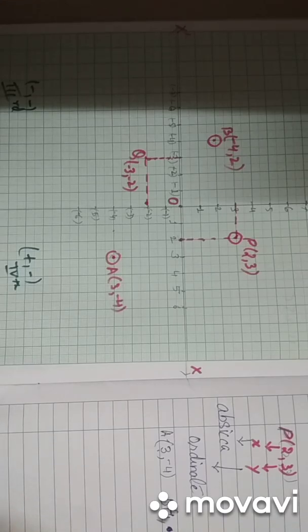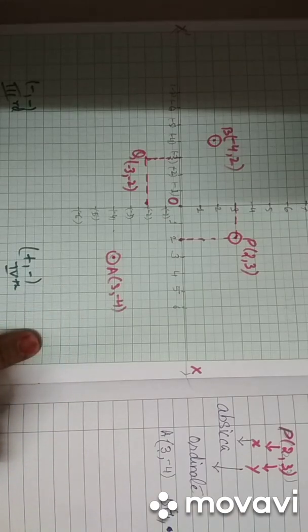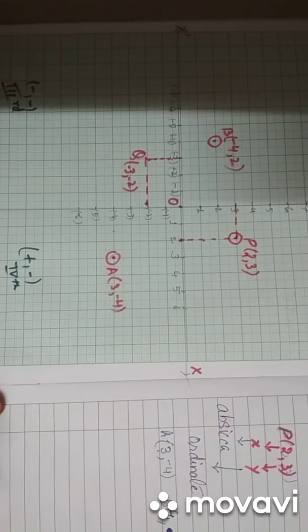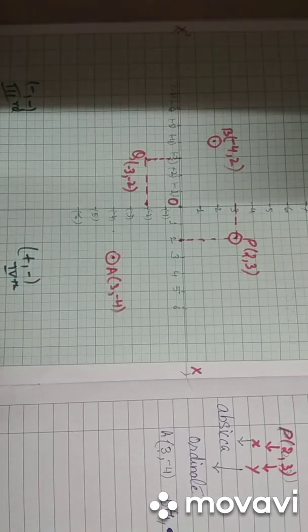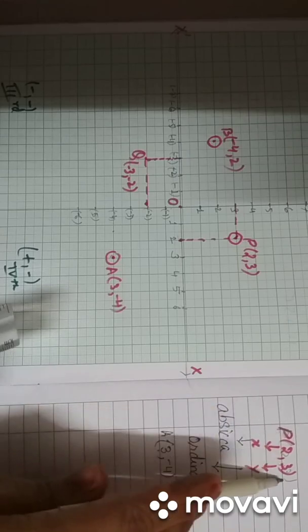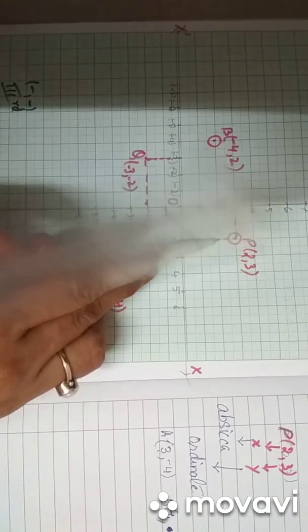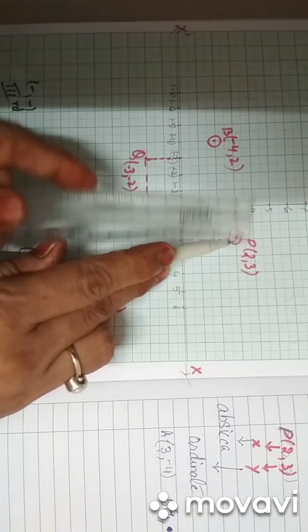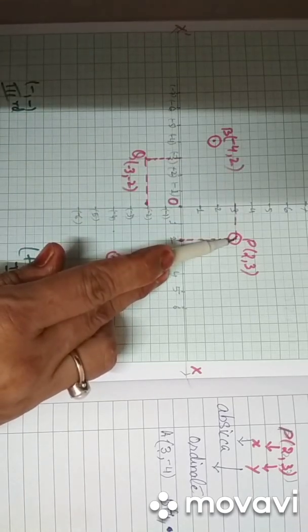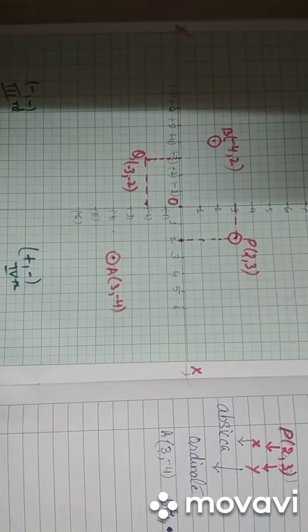And you have the idea of plotting the points from both the values. Suppose P is (2, 3): move perpendicular up from the x-axis, and from the y-axis move along with the other one. Where both of them meet, that point will give me the required point P with the coordinates (2, 3). This is our revision of the last session.